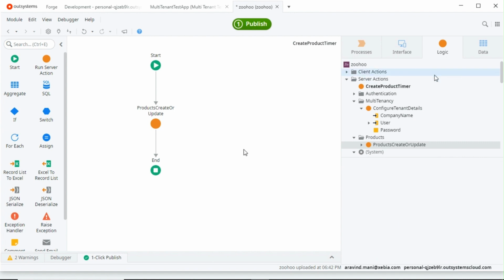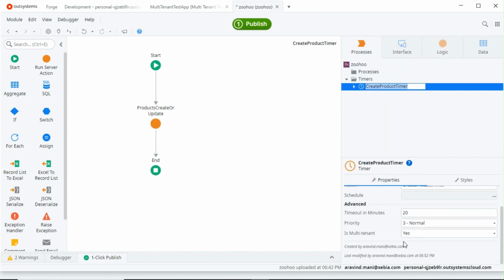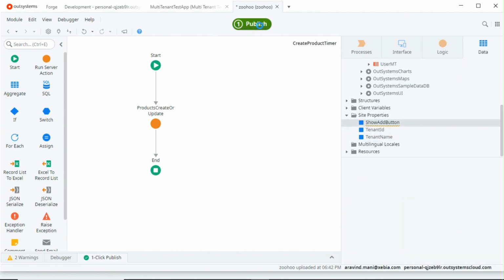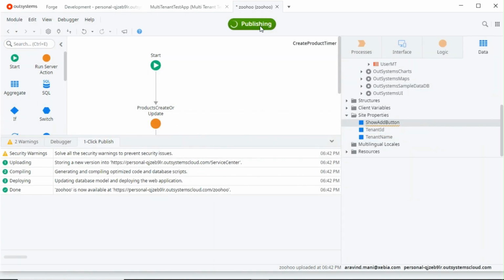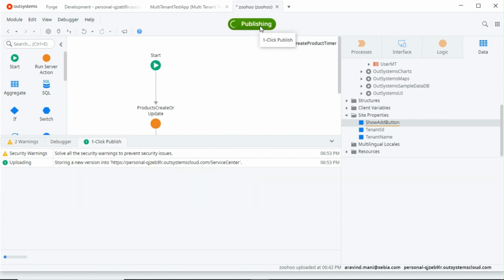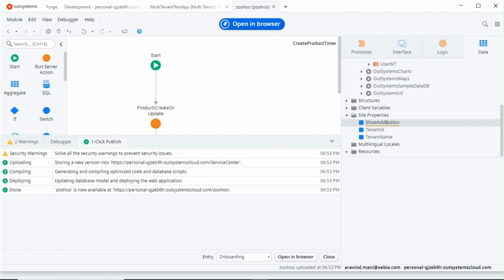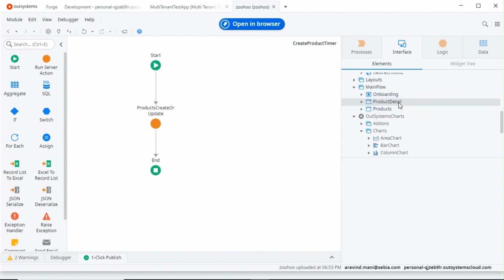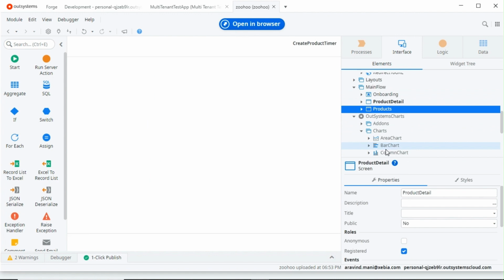So now I've created a tenant specific timer and tenant specific site property, right? So these timers and site properties will be available to each tenant freshly, right? If you are executing a timer or site property for one tenant, it will not affect another tenant. So let me quickly show you the demo. Oh, okay, sorry, I forgot to do one more thing. In order to show the site property, we can show it something like